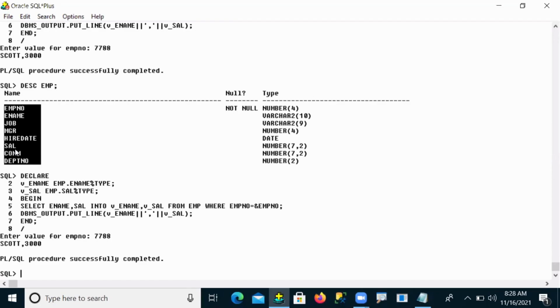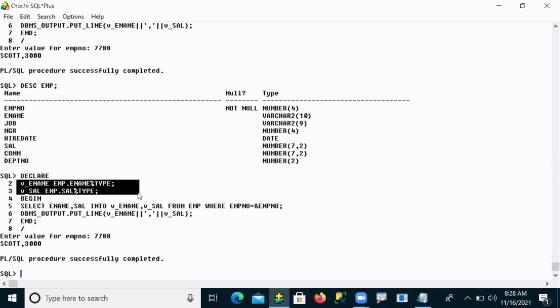Eight columns. So when I go with the column level mechanism, for 8 columns, how many variables do I need to declare? Yes, 8 variables.